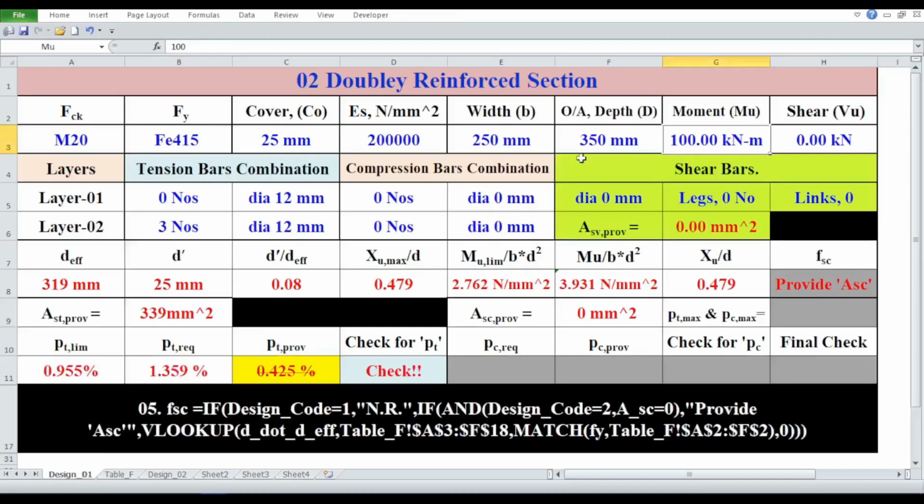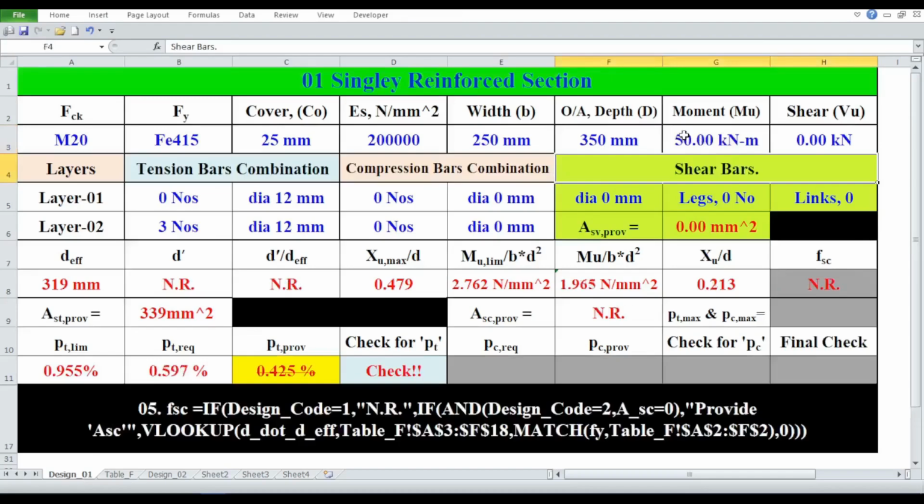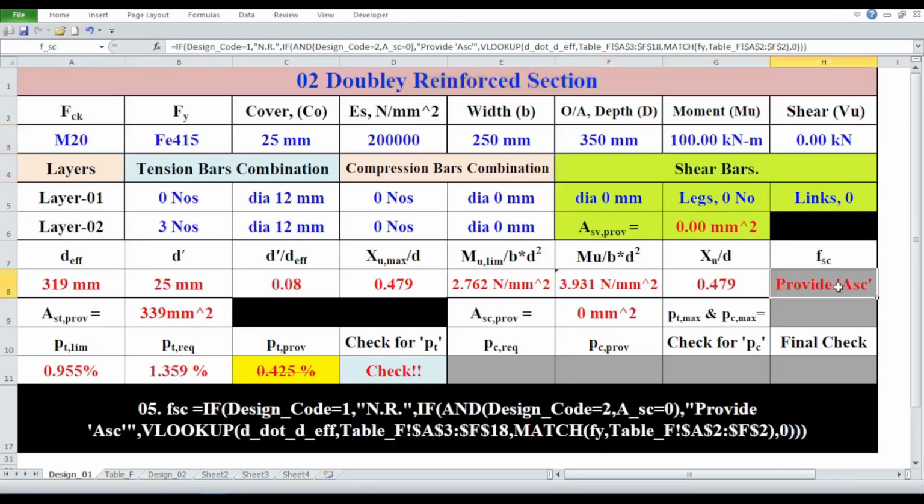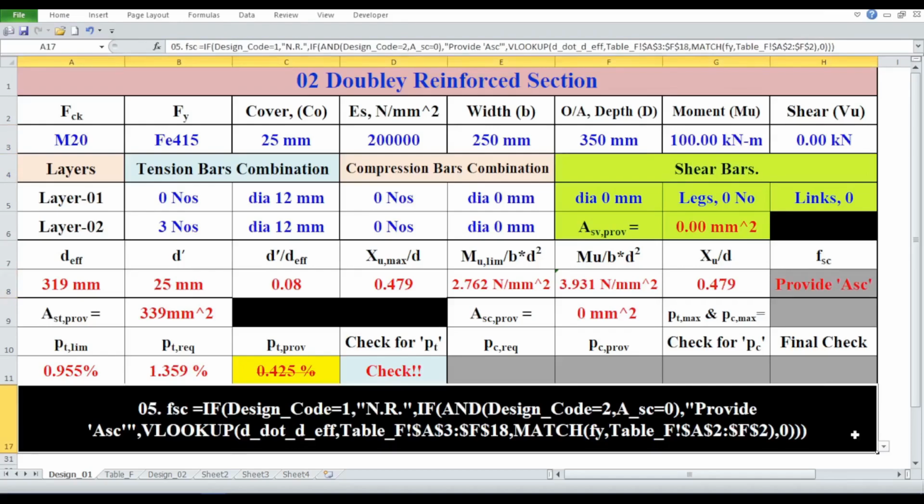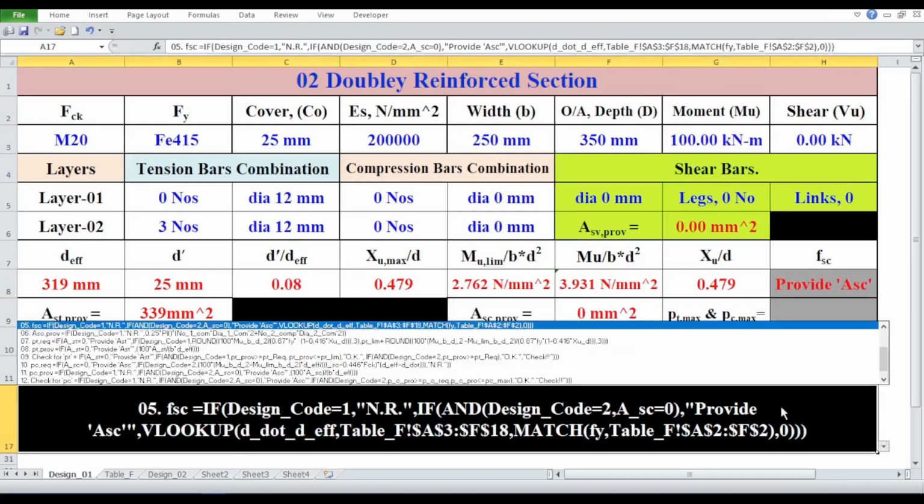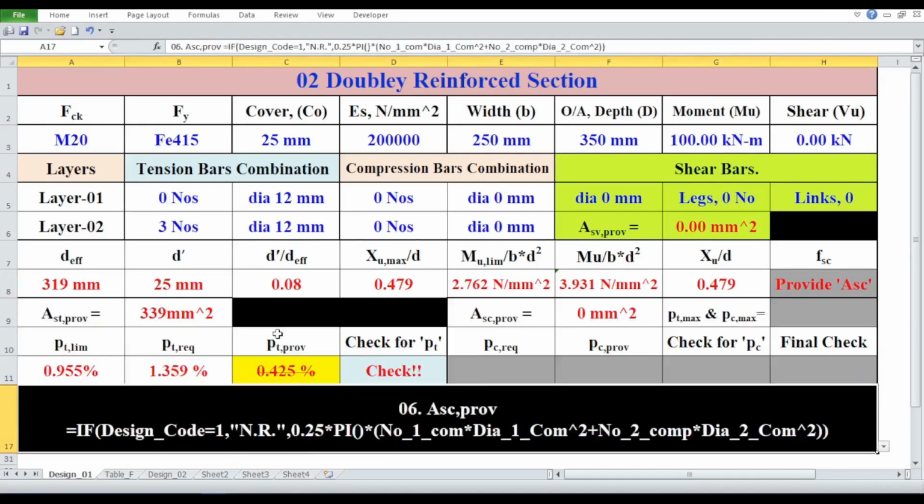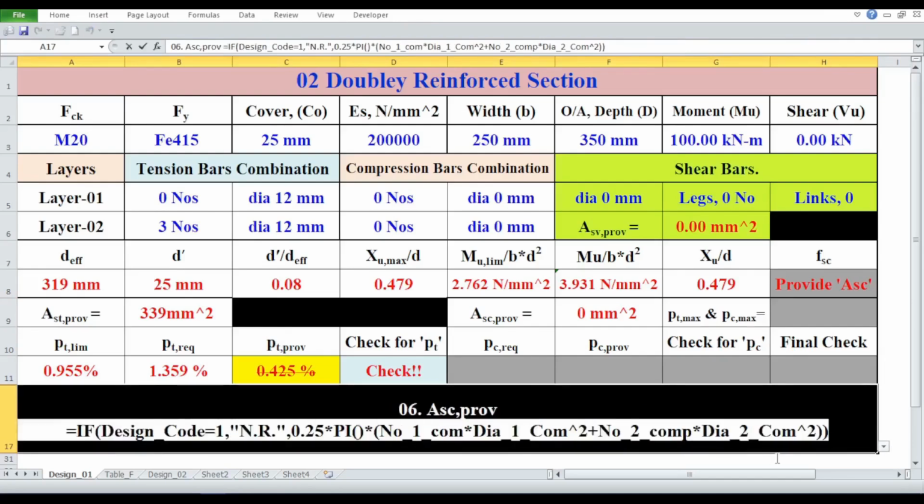Now I am changing the value of Mu from 50 kN to 100 kN and we are seeing provide ASC, since we have not provided any steel in the compression bars combination section. Now, I am going to set the formula for the provided area of compression steel, beside the cell titled ASCPROV, and the formula is equals to